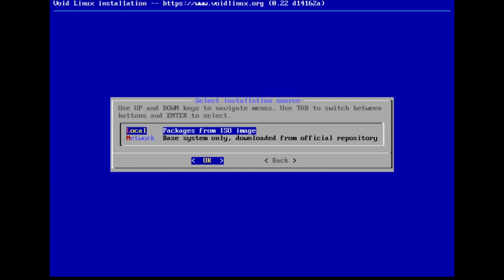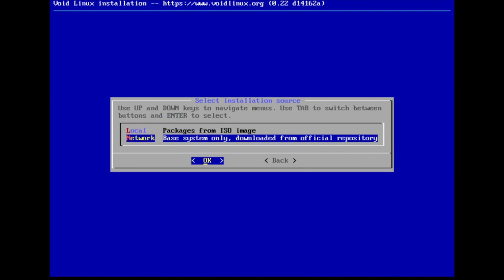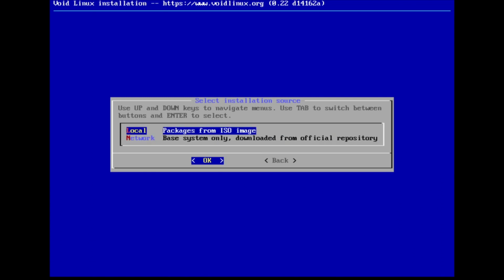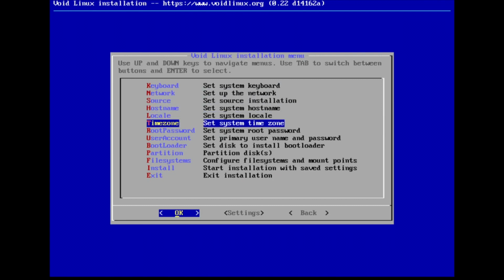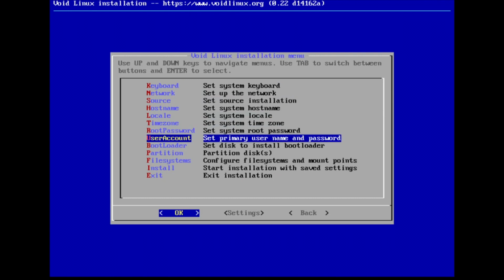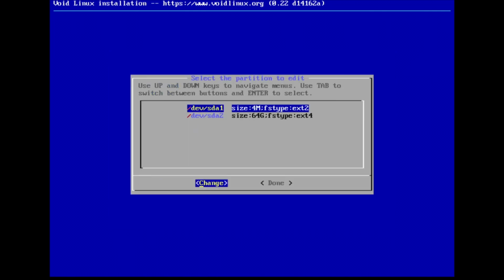Here you set the source. So if you're somehow able to get network working, then you can choose to download the packages from the internet, or you can just use the packages from the ISO image, which is when I installed Void Linux, that's what I did. And then you configure your time zone, you configure the root password, then you set up your account. So the account that you're going to be using, because you're probably not going to be using the root account for everyday use, you just set up the name and the password, you partition your disk, and then you choose